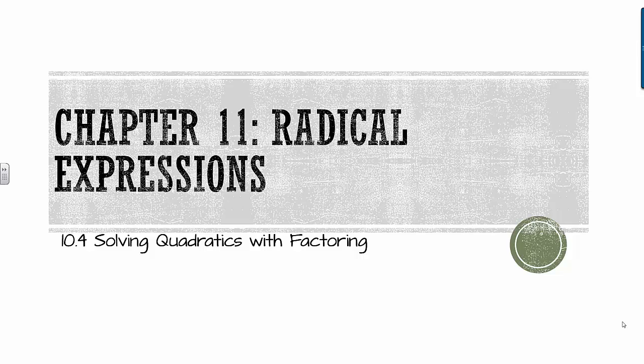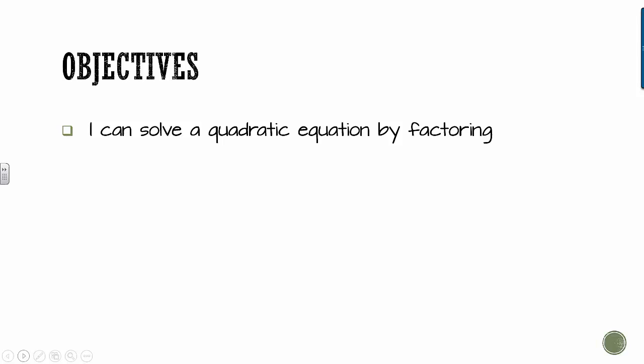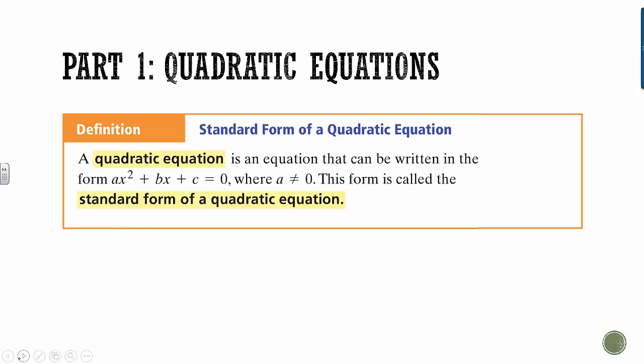So the next way we're going to learn how to solve quadratics is with factoring. So that's what you should be able to do by the time we get done with this lesson. So remember, a quadratic equation is one that can be written in the form ax squared plus bx plus c equals 0. And in the ones that we did yesterday when we solved with square roots,